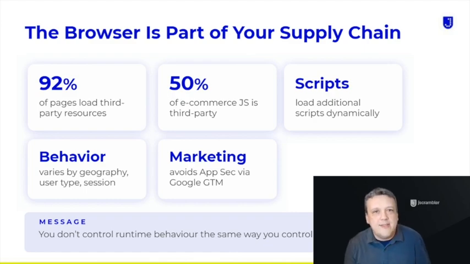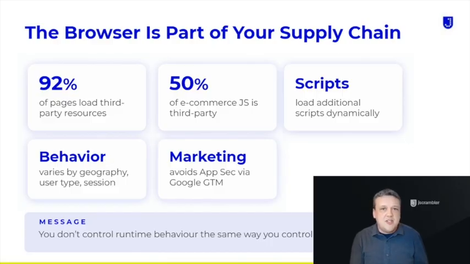But what's really important to highlight is that these scripts load additional scripts dynamically. Their behavior changes based on geography, user segments, the time of day, or whatever parameters you can imagine. And as I just talked about, marketing teams may well bypass your AppSec team entirely. They add pixels and trackers through tag managers without any kind of security review. Nobody sees them. A consent manager loads 12 or 15 scripts automatically. An AI chatbot transmits user data in real time. And none of this was tested in CI/CD. None of this was in your traditional threat model.